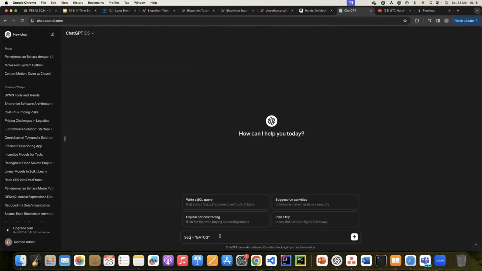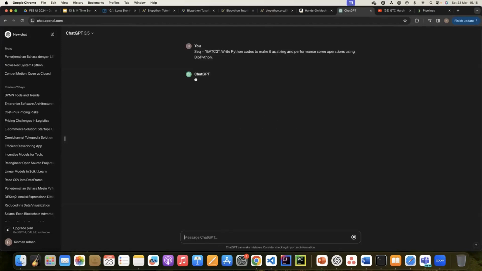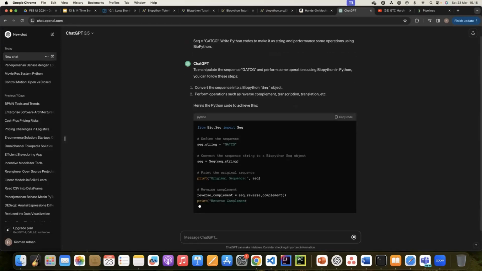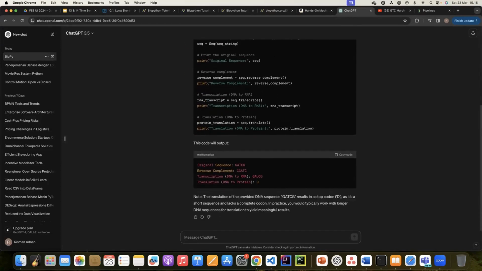or you can say sequence, write Python code to make it a string and perform some string operation using Python. Okay. So during your copy paste, you can start to see. So you don't have to memorize. Okay. So if you do that, I believe you can learn maybe 10 times faster compared to people who don't do that. Yeah. Any time or energy that you spend during your learning process is worth it,